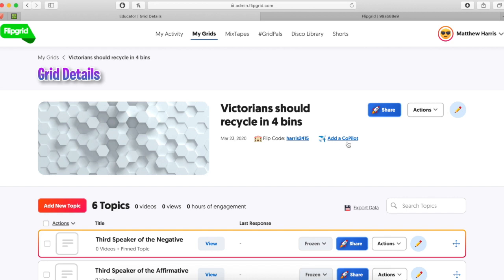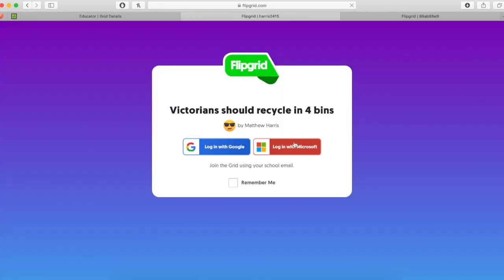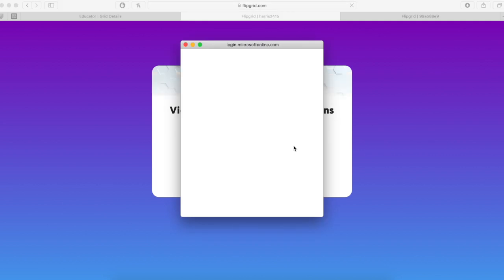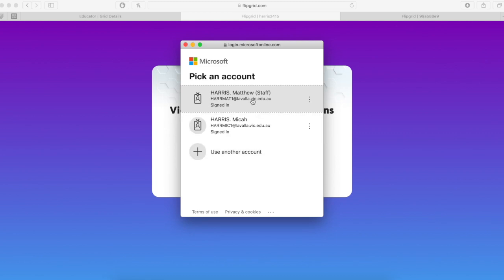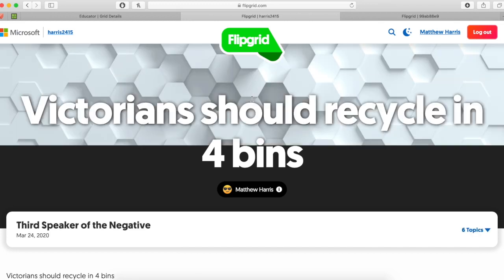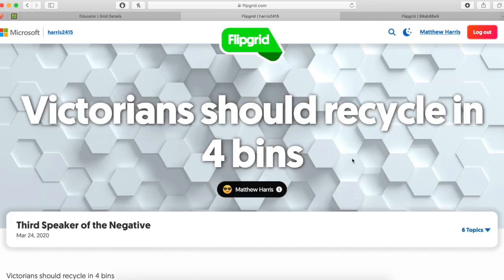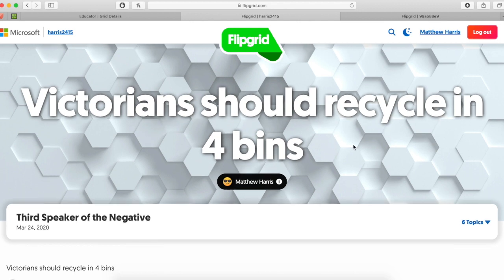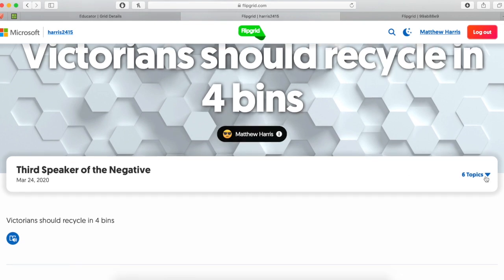And at any time, I can click on my flip code and view it as a student. So let's do that. I'll view it as a student. I log in with my Microsoft account, which is my school. So I'm going to click on me. And here I have what the students will see. When I send them that particular link, they'll go to this grid, they'll see what it's about. There are 6 topics here,